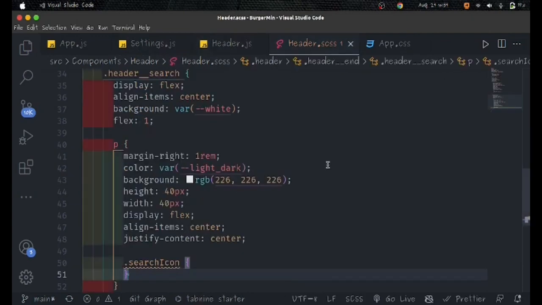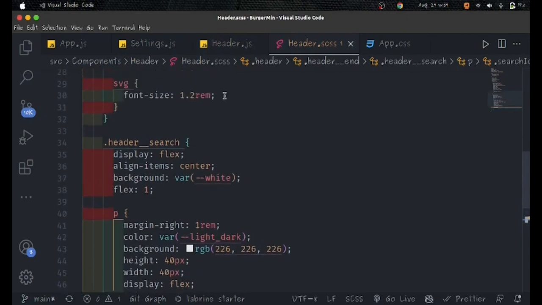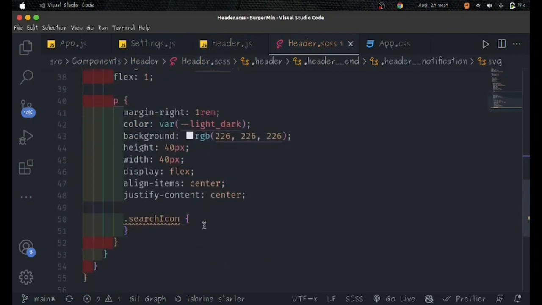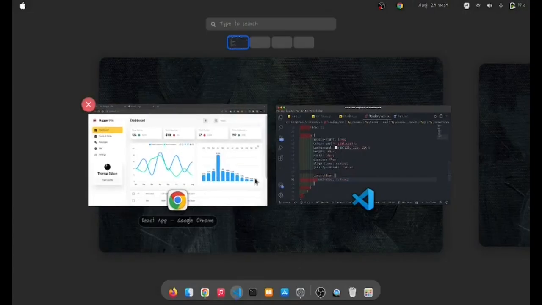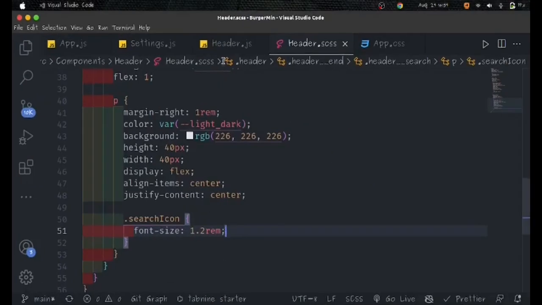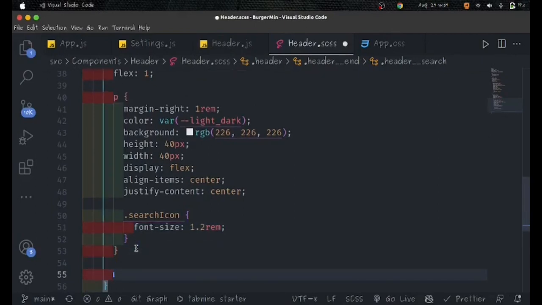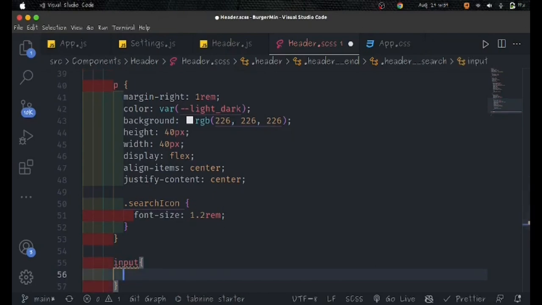So inside of my search icon, I want to give it also a size of like that. Great. Now just below this one, I want to take the input, the awesome input, like this,